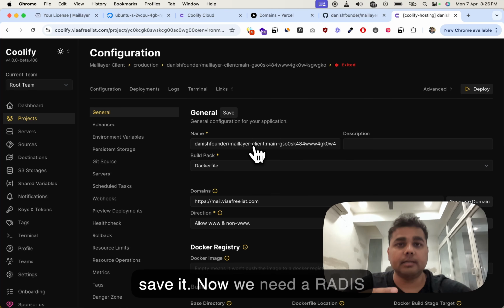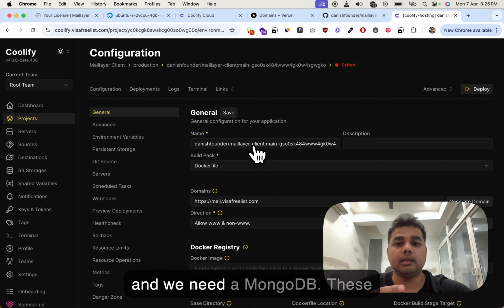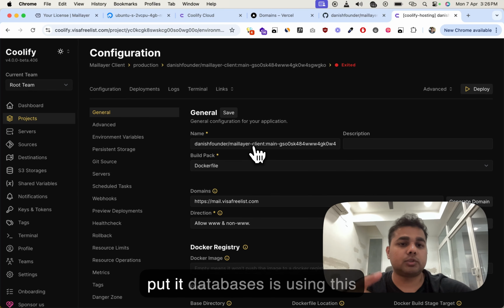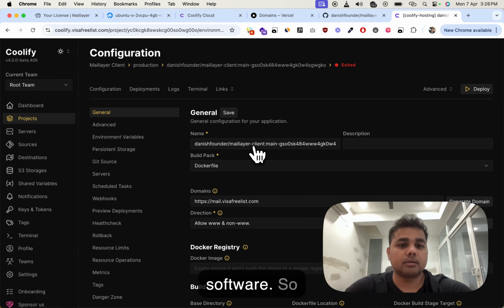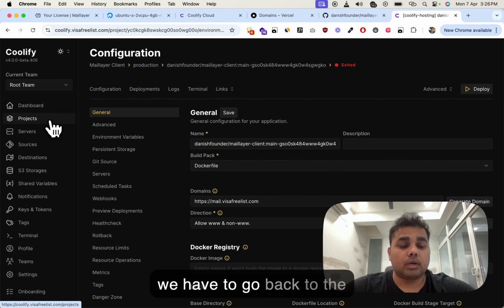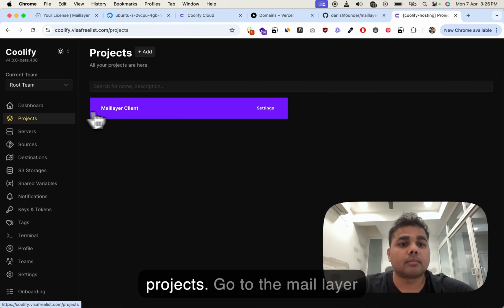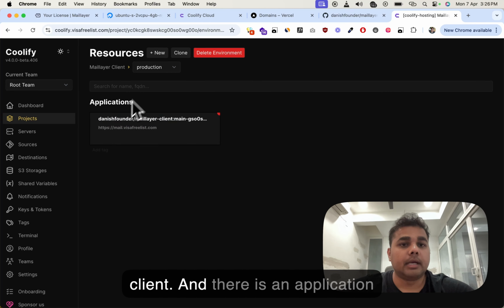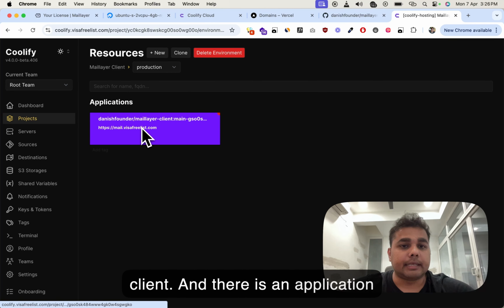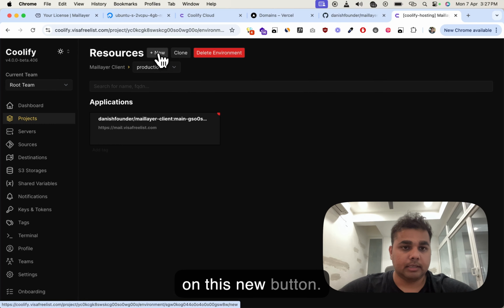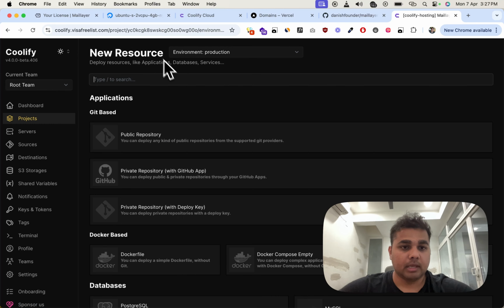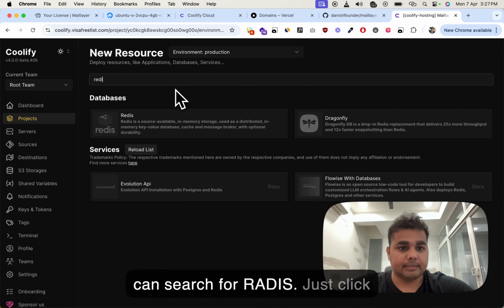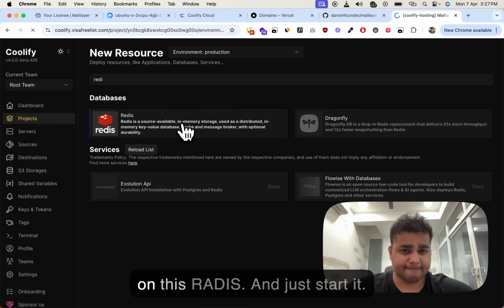Now we need a Redis and we need a MongoDB. These two databases are used by this software. Now you have to go back to the projects, go to the Maillayer client, and there's an application there. Now if you see there are resources at the top, the new button, click on this new button and you can search for Redis. Just click on this Redis